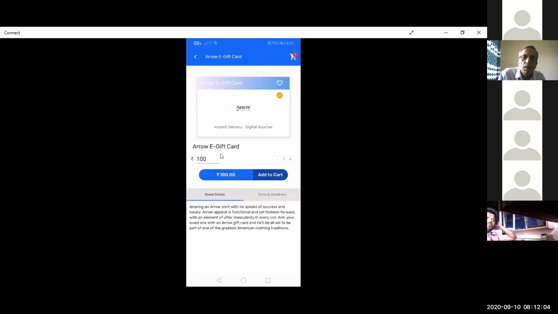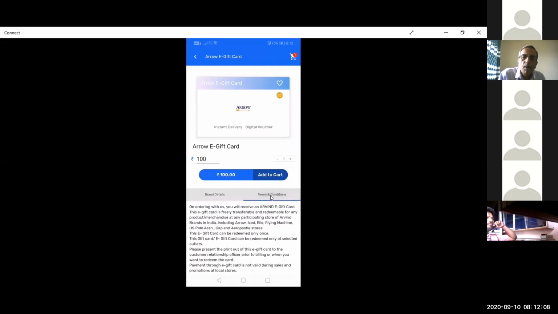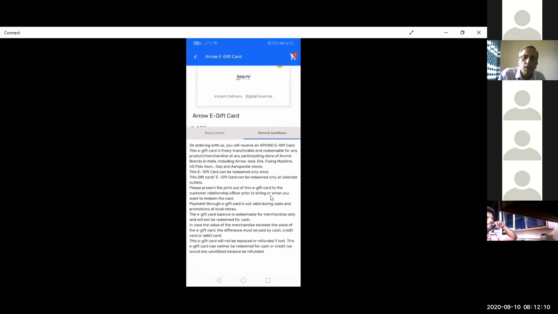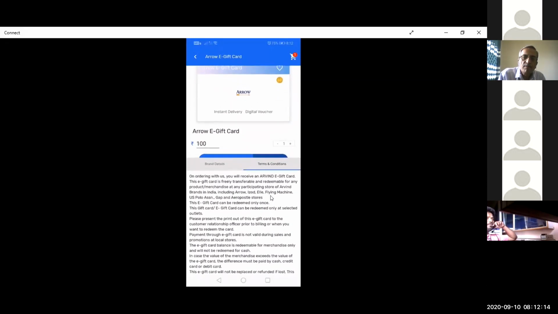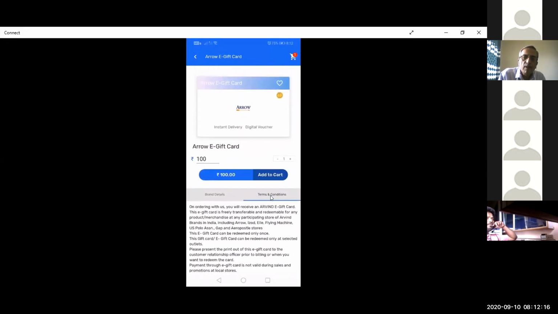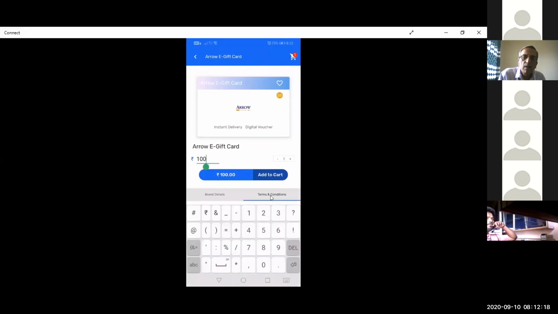Now here, I'll go through the terms and conditions given over here. So I'll find all the details related to this brand, the gift card, right? After going through the terms and conditions, I'll enter the denominations that I want to purchase.